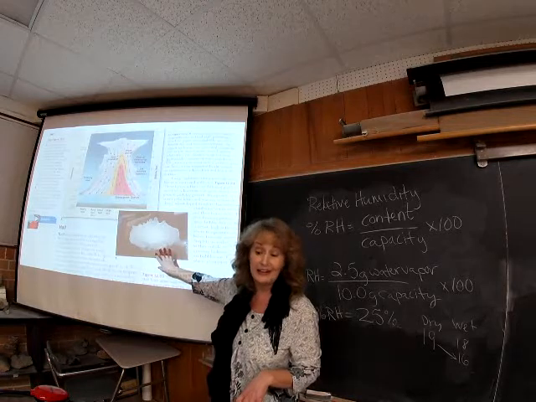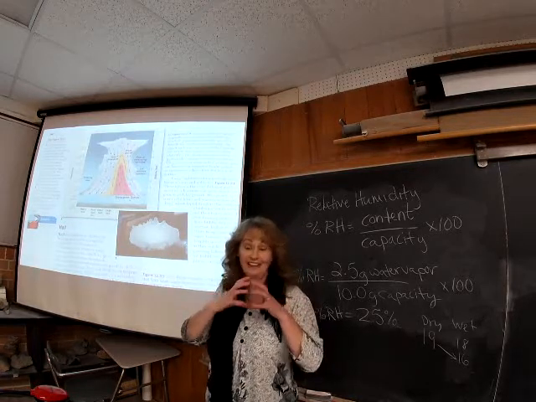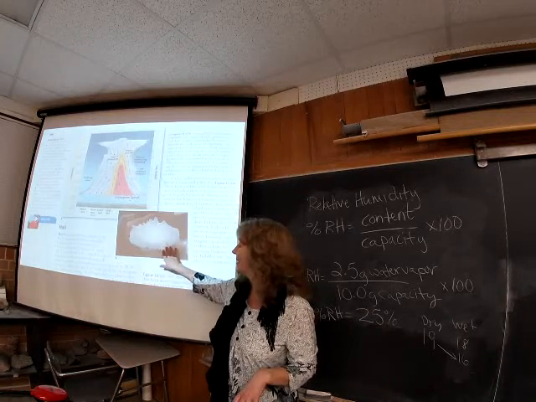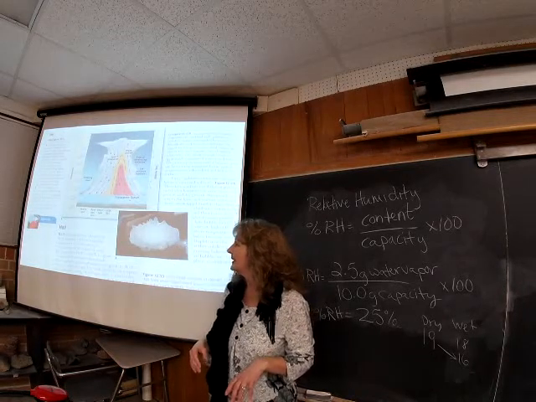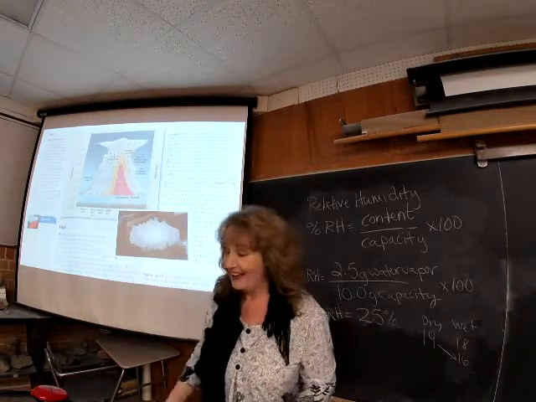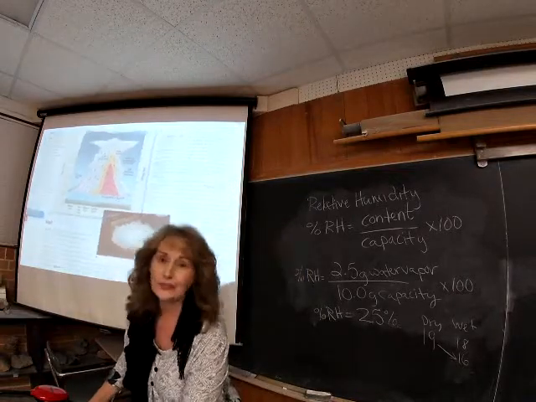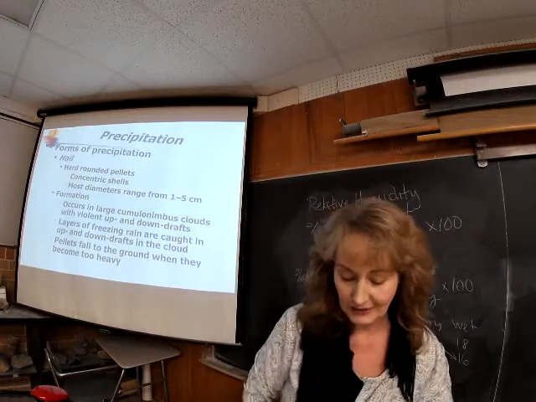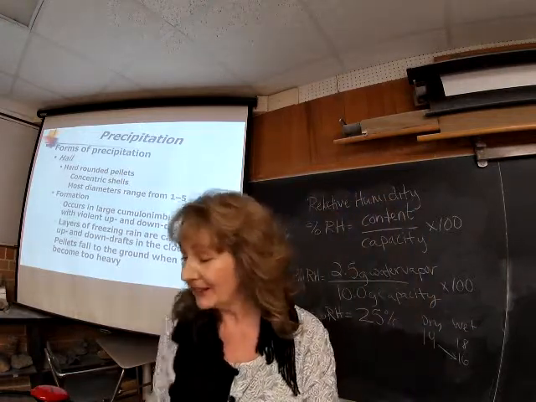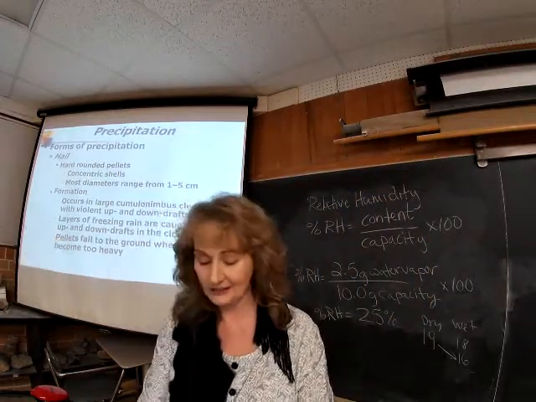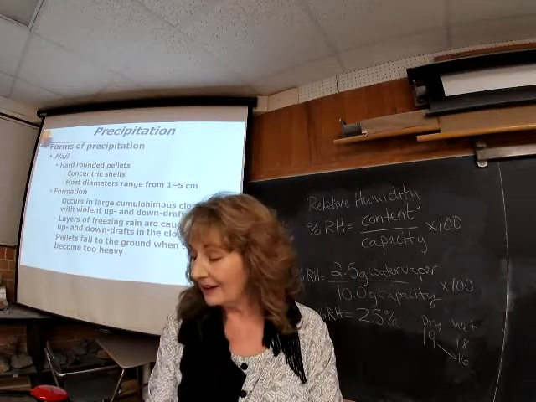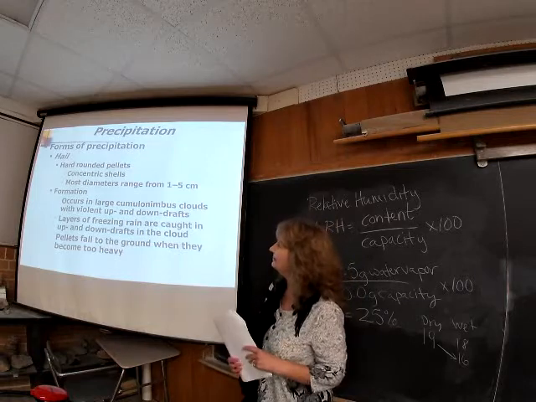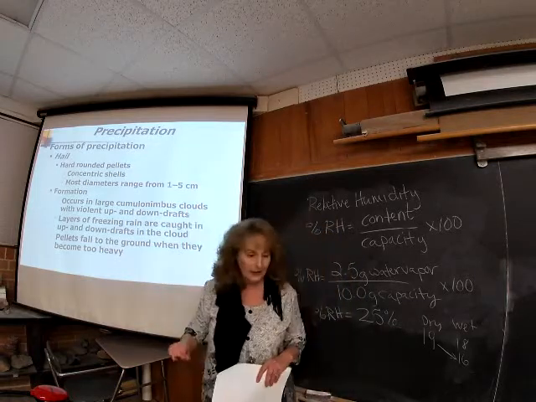And some of that hail, you know, the baseball-sized hail, can get very large, softball-sized hail as well. It can be very damaging to crops, to people's vehicles. I mean, hit you on the head kind of thing too. So it can be quite dangerous, right? The concentric shells of frozen water, right? So ice in there from 1 to 5 centimeters.